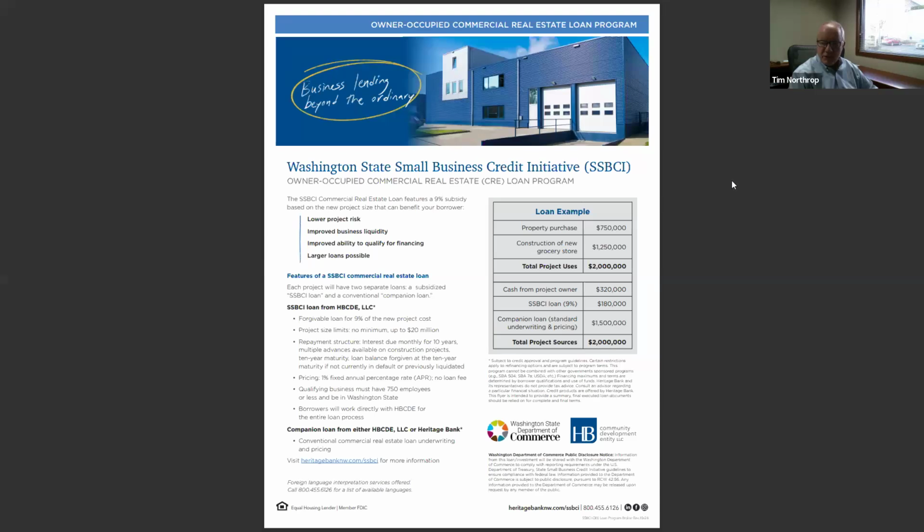And what's interesting about this project is the borrower can come into the deal with 16% down. So versus at 25%, it gets it down to 16%. Then 9% of the funding actually comes through this initiative with the Washington State Department of Commerce. So that's a 9% loan. In this example, you can see it there at $180,000. This is on a $2 million loan,